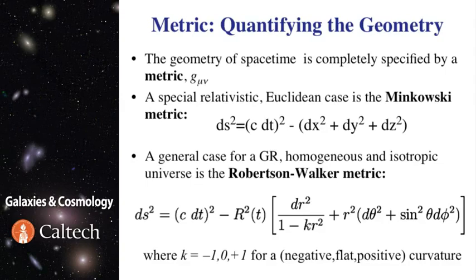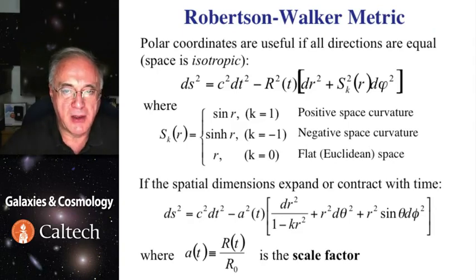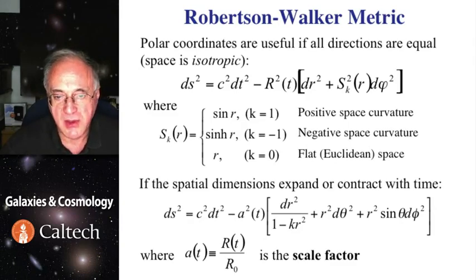So now the Minkowski metric from above still has the same old time element, and then has a spatial element which is multiplied by a function, r of t, which is called a scale factor, and the rest of it is an expression that is universally true for different values of spatial curvature. So the Robertson-Walker metric is expressed in polar coordinates. This is useful because only the radial direction matters, and it can also be written in this form, where that function s, depending on different curvature, is sine, hyperbolic sine, or the radius itself.